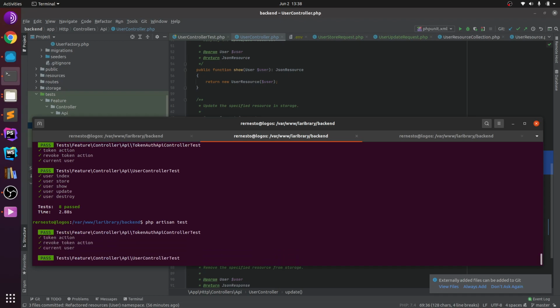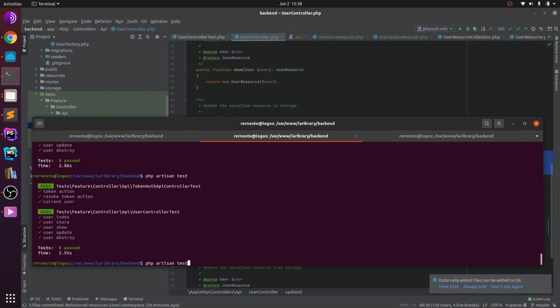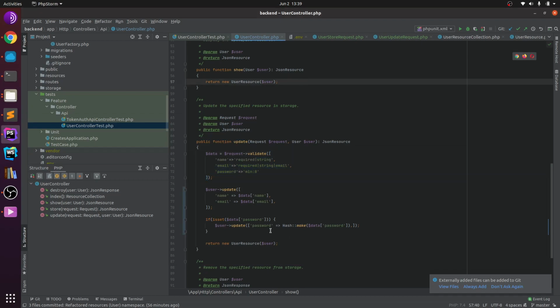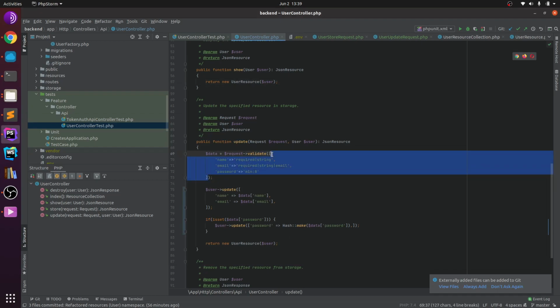So we're running our test. By the way, it's always a good practice to clear our cache and everything. I already did it, but I'm just showing it to you. I have this big command which is pretty much cleaning all the caches, route configurations and everything for Laravel. Now we cleared the cache, we ran the test, and we know that it works. So let's go ahead and